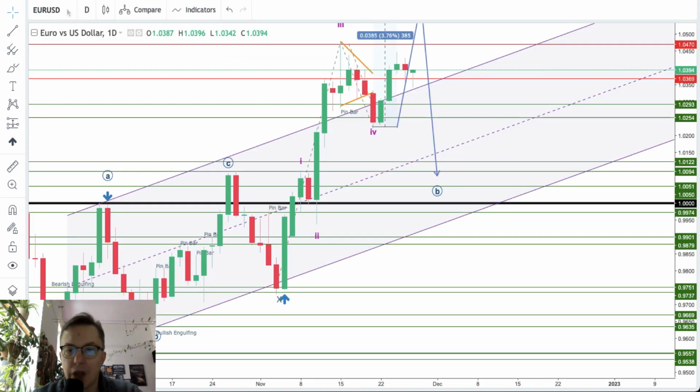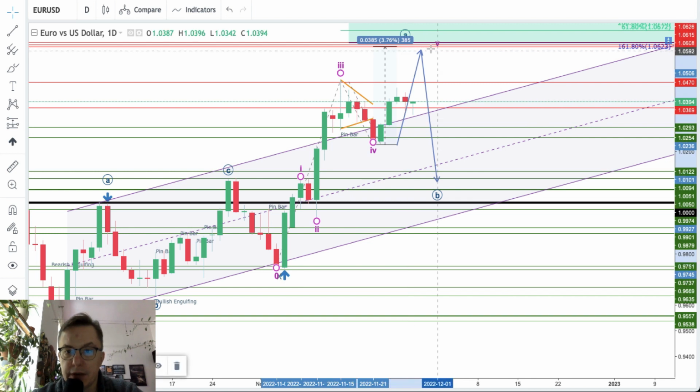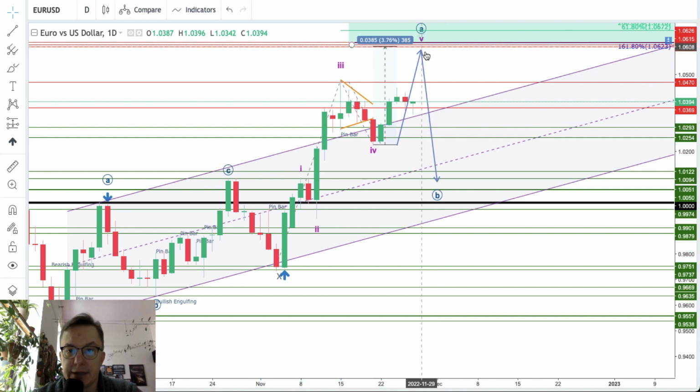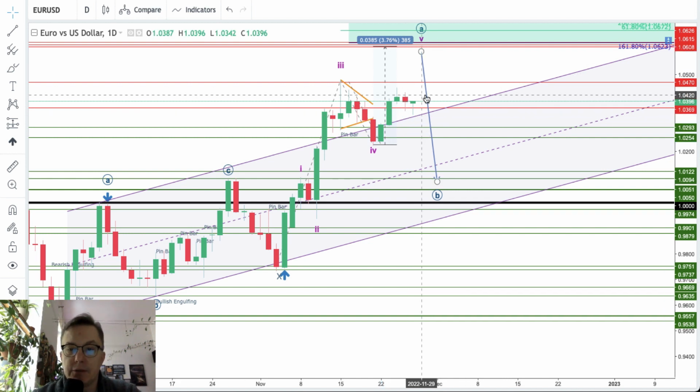Euro dollar goes first. What is going on with the euro dollar? We recently made the wave 4 to the downside, and the market participants have been trying to develop the wave 5 to the upside. As you can see, we got this target here located at around the level of 1.0623. That's the perfect Fibonacci based target for the wave 5, and at the same time this is the target for the wave A of the overall corrective cycle to the upside. Of course, we are still waiting for this wave to be done.